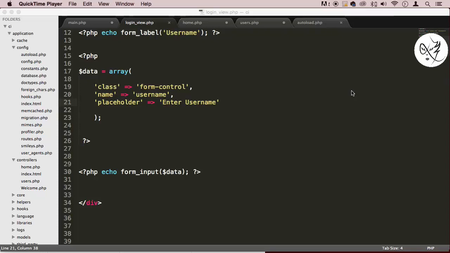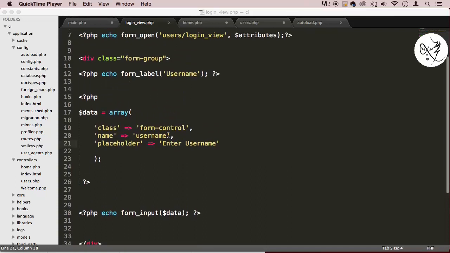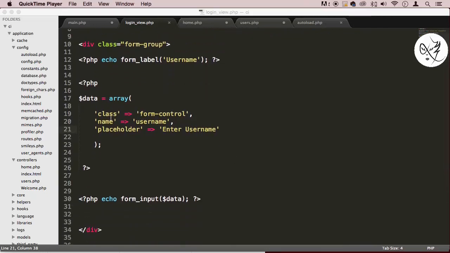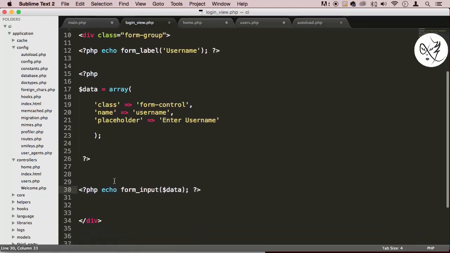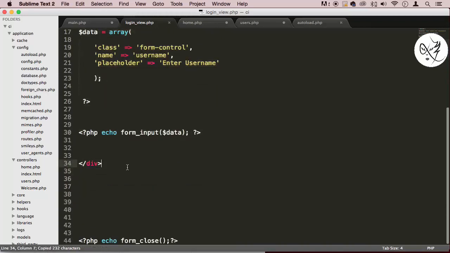All right, so now let's build another input element. In the last lecture, we built this input element. We built the label, we built some attributes, and put some stuff in a data array, and we're taking it in right here. All right, so what's the next step? Well, we create another, and let's just copy this one here because we don't want to type all that again,